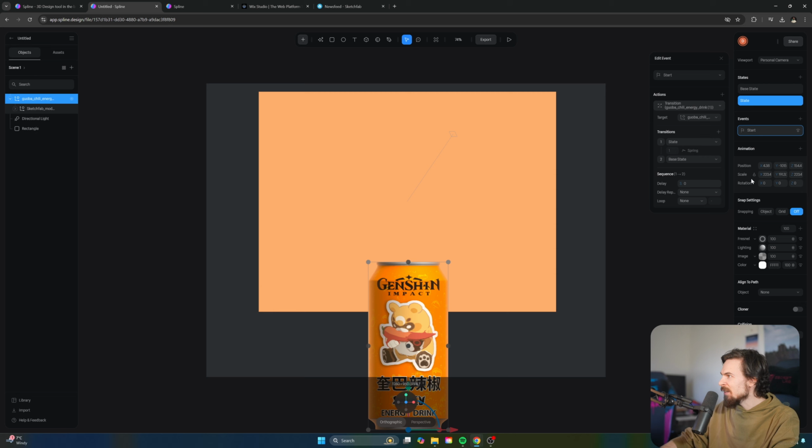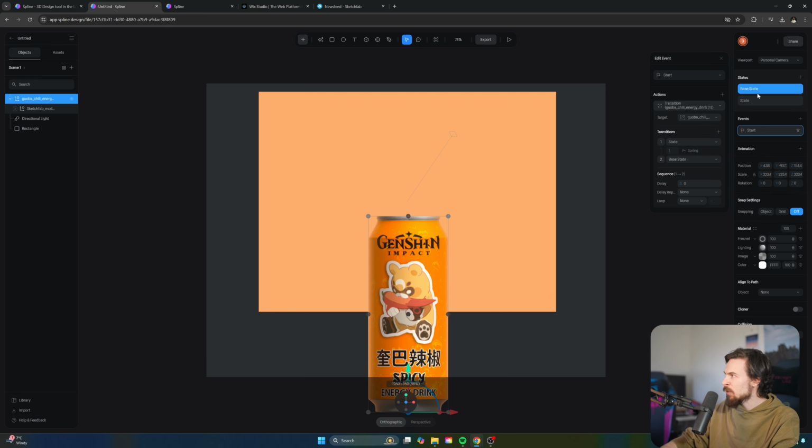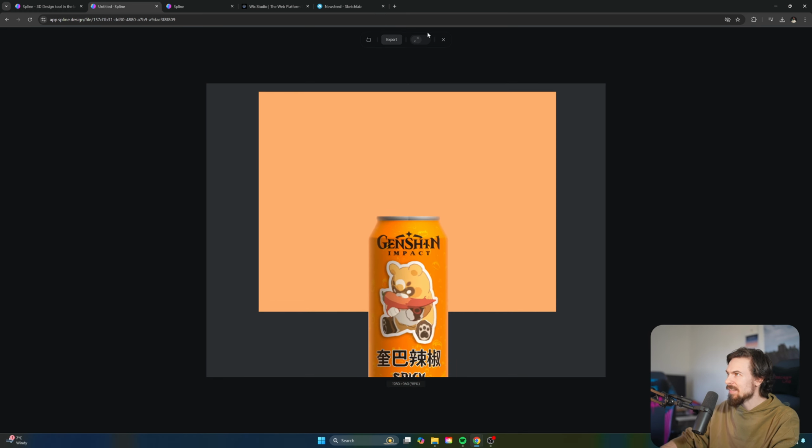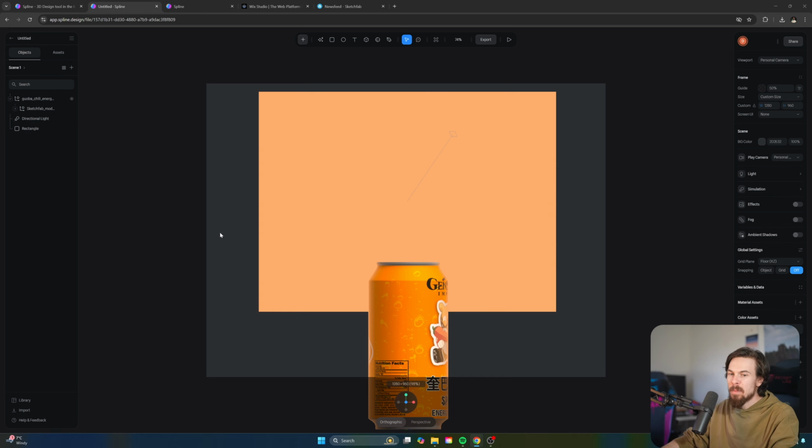All right, cool. We can also add a little rotation to it. So all I have to do is go to the state here, rotate the Y, for example, a little bit, and that's it. So now when we play, as you can see, it rotates up nicely like that. Boom. Great, now we need to make that liquid, and for the liquid we're going to be using the new